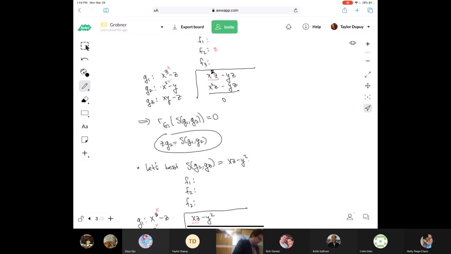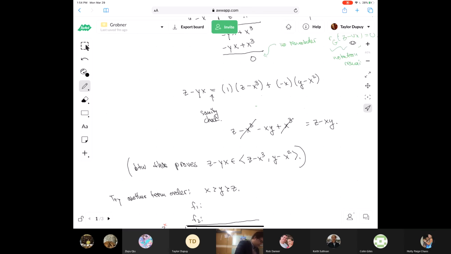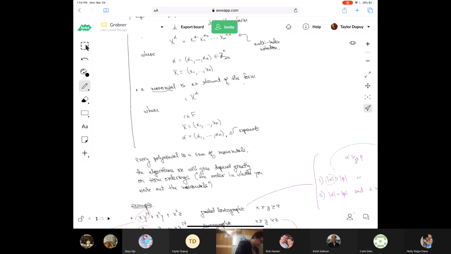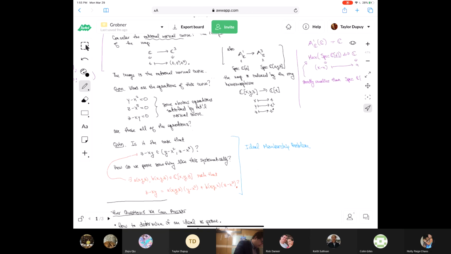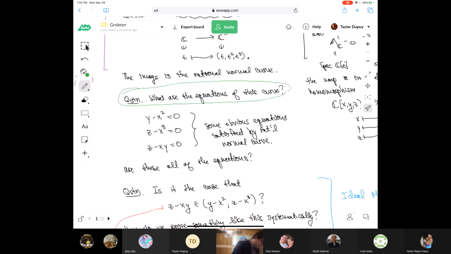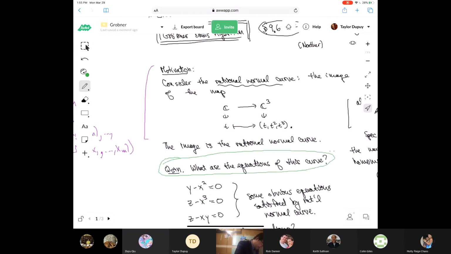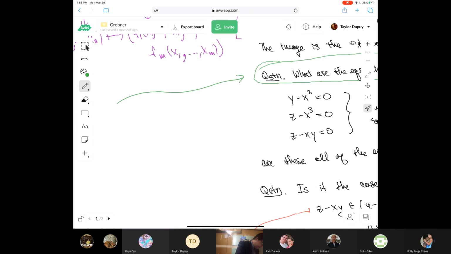Here we go. Okay, so let me just go back and point out what we just did. This elimination theory thing, where was our original problem? The question was: what are the equations of this curve? And here was the map phi that we wrote down. So this is what I was writing down as phi, right? And the answer to this question